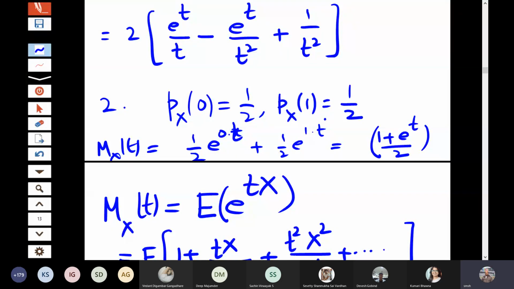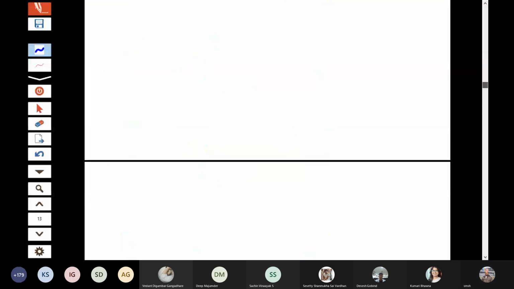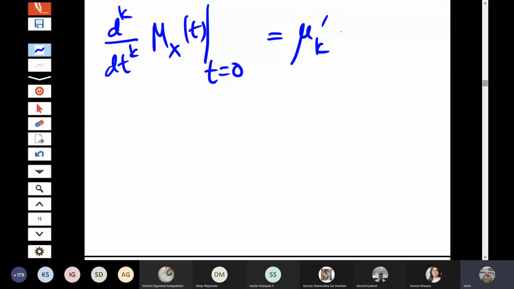So we have certain results here. I mentioned to you that if a higher order moment exists, then the lower order moment will exist, and if the lower order does not exist, then the higher order will not exist. So we have certain results. I will state this kind of theorems without proof here.